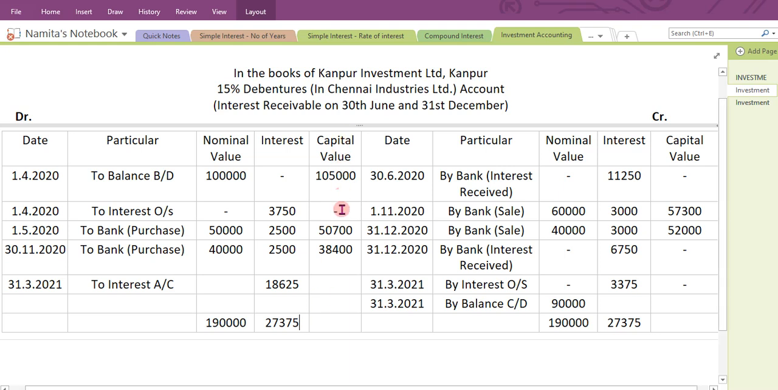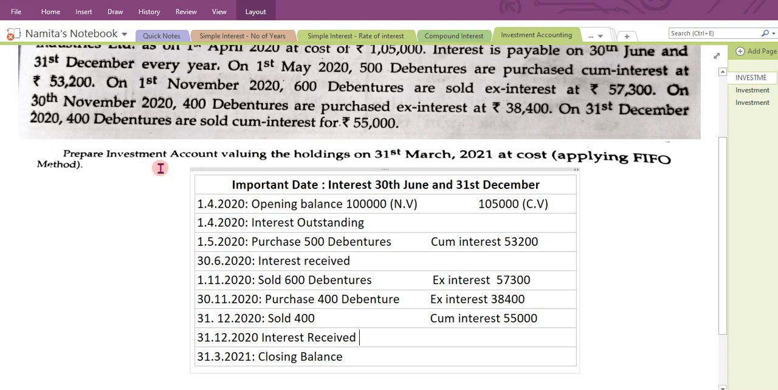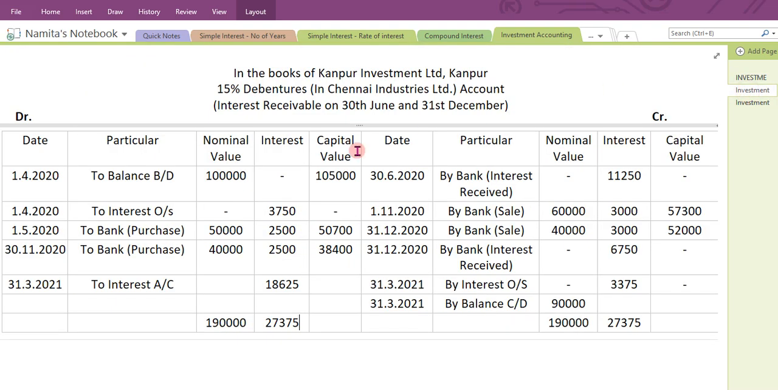Now we have to close the capital column. Now see what is given in the question: prepare investment account valuing the holding on 31st March 2021 at cost applying FIFO method. FIFO method means first come first in, first out. The first investment we did was of 1 lakh rupees, and this 1 lakh rupees we have sold. So the first 1 lakh rupees we have sold. Now after 1 lakh rupees we have purchased